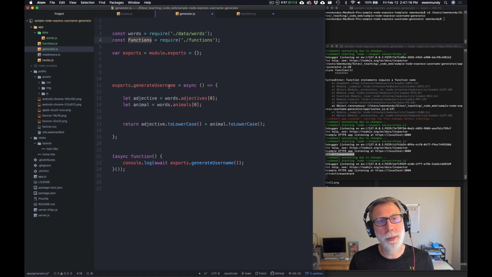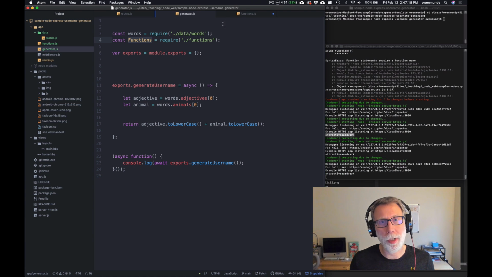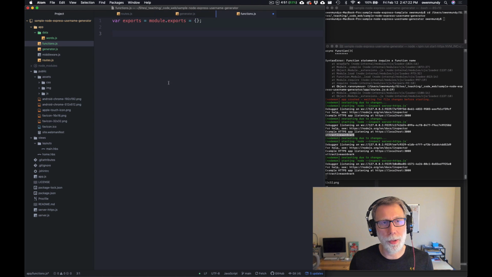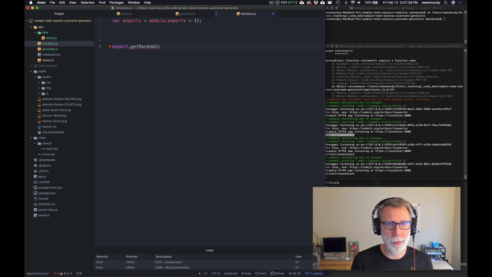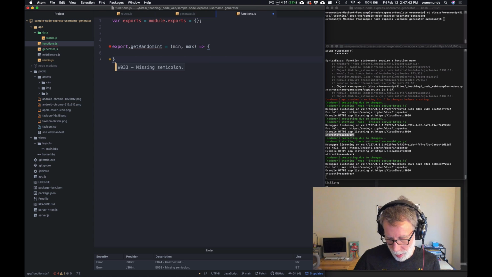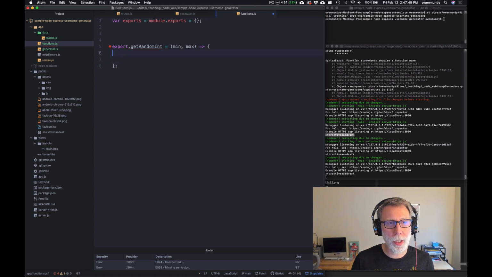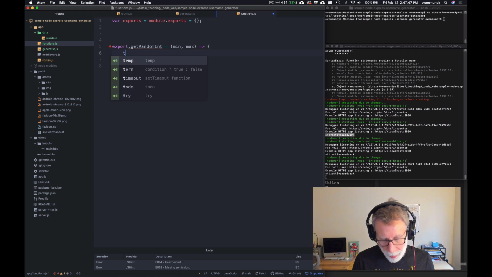So we have something called Functions, and inside of Functions we need to export a function called getRandomInt, as in an integer, and we're going to accept a minimum and a maximum integer. It's a fat arrow function, and I'm going to wrap everything in